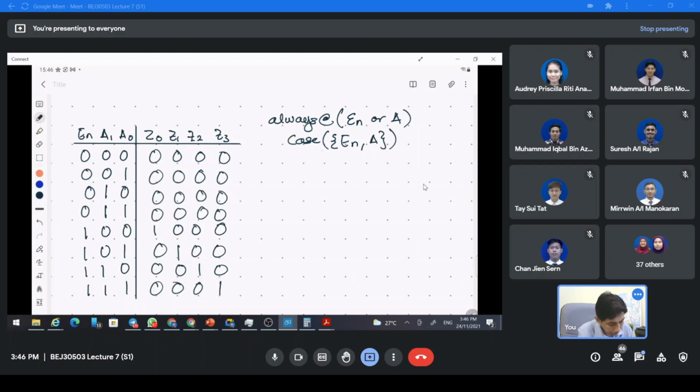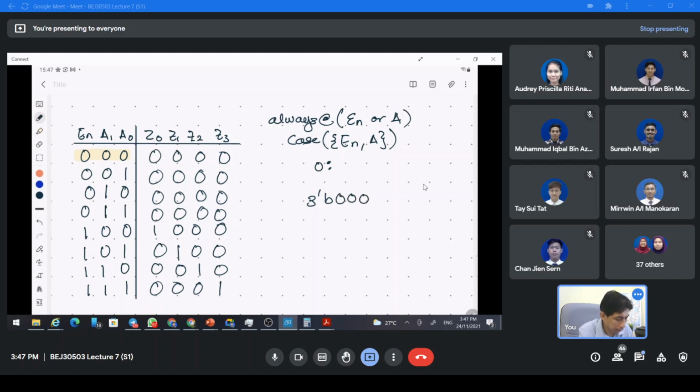And if we have en equal to 0, or I can write in decimal, just put 0, to represent this. Verilog is quite flexible, you can write numbers in decimal, hexadecimal, or binary. If you want to write in binary, it can be like this: 3 b